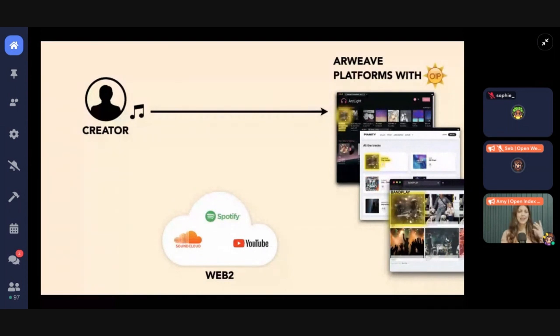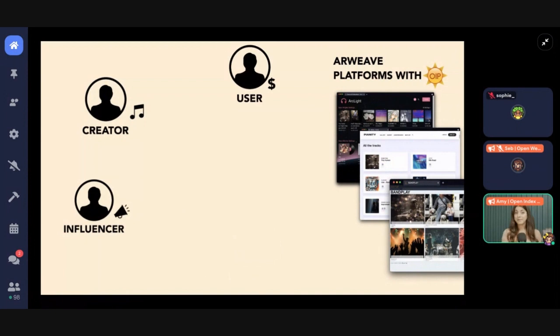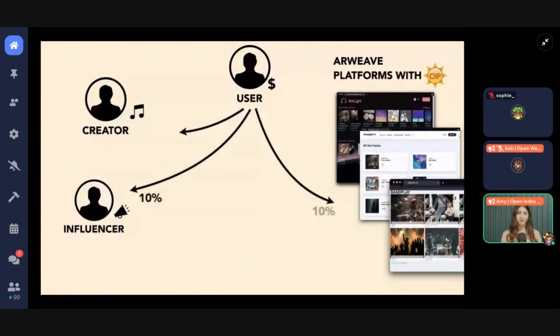They don't have to conform to the same schema or anything rigid. Anyone can make a record template, anyone can iterate it, and anyone can normalize it to a different format. This gives developers composability for indexed content and record templates. And then the user can discover the song directly from a platform, or it can be promoted to them by an influencer. When the user sends a payment, the influencer can get a portion, the platform can get a portion, and the creator or creators get a portion. In this case, Pianity made money selling a song it didn't capture.